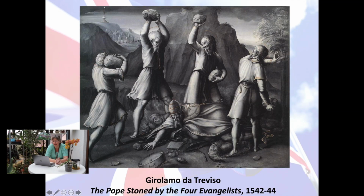I wouldn't call John Betts the first English painter. I reserve this right for another artist in the first half of the 18th century. But we start having native talent, learning from those foreign masters. But the foreign masters continue. Here we have another Italian, Girolamo da Treviso,